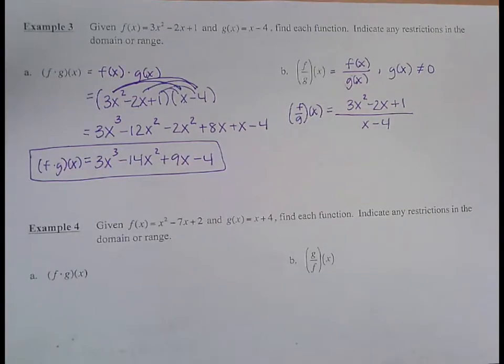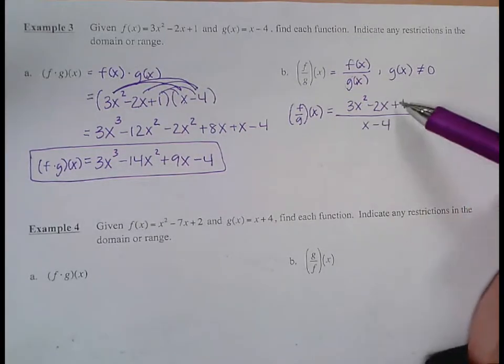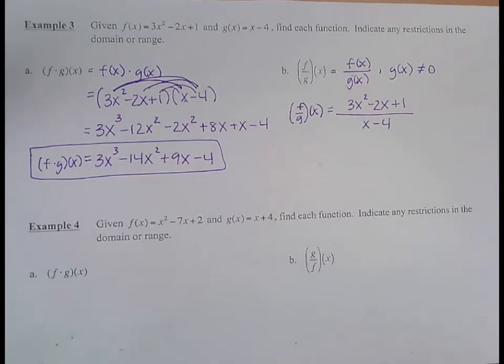Also, don't start canceling things out. This is going to be more in chapter 8 where we learn how to further simplify expressions like this. You can only cancel things out if they are factors, not just terms. So for example,